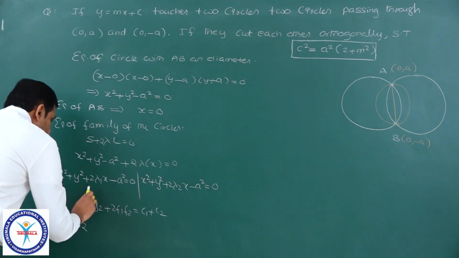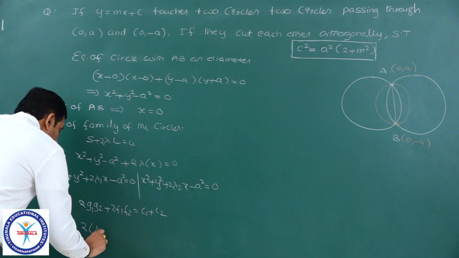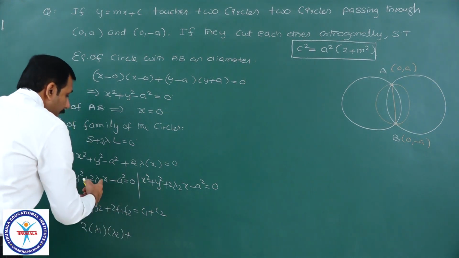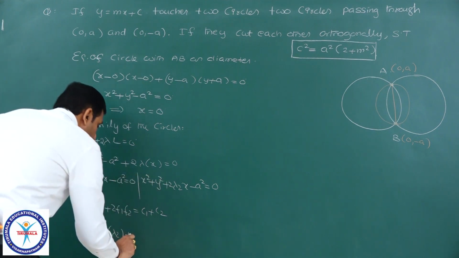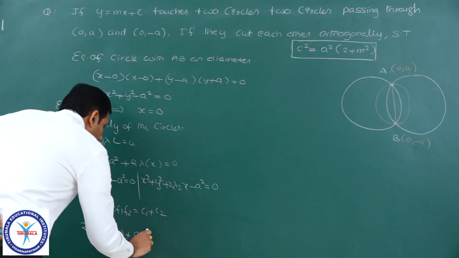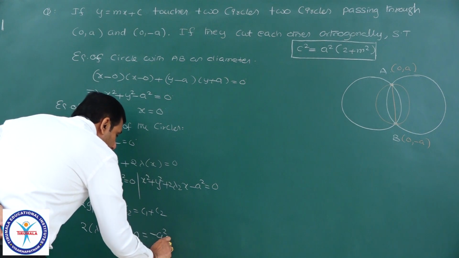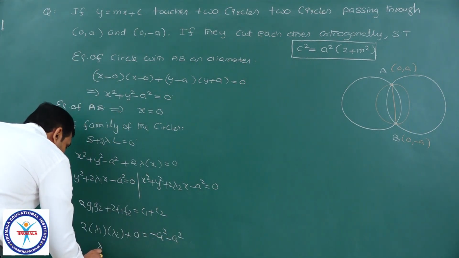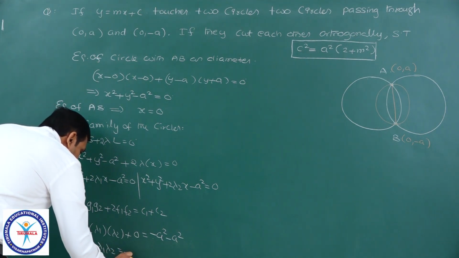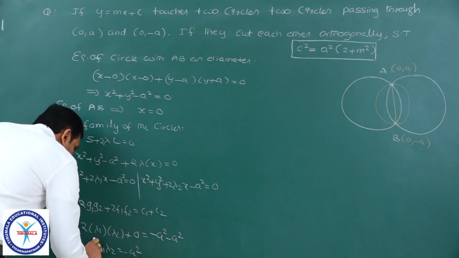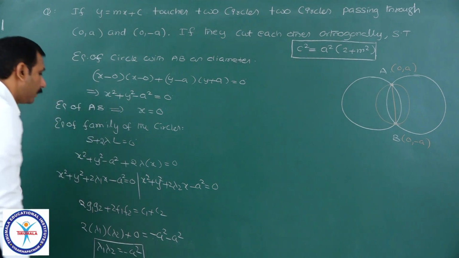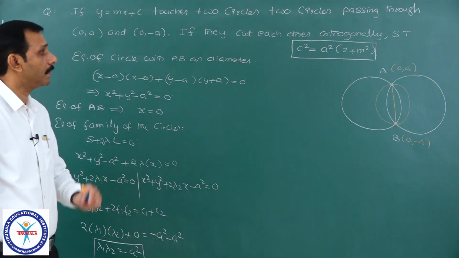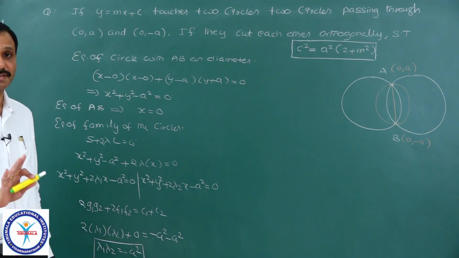It is 2 into g1, g1 means lambda 1, g2 means lambda 2, plus 2f1 f2: there is no coefficient of y, so 0, equal to c1 means minus a square, c2 means minus a square. So lambda 1 into lambda 2 is equal to minus a square. It is one relation I got in terms of lambda 1 and lambda 2: lambda 1 into lambda 2 equal to minus a square. And next,